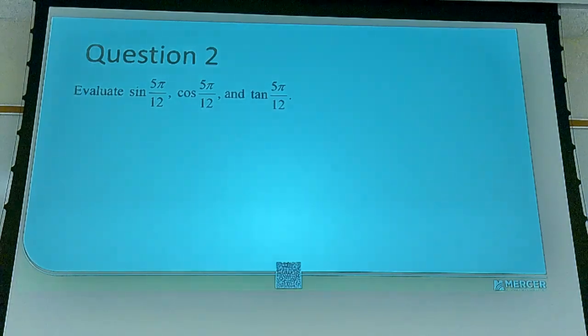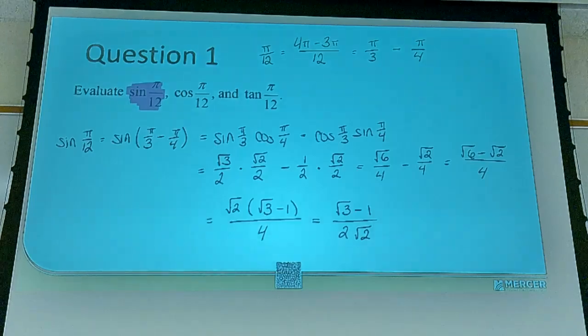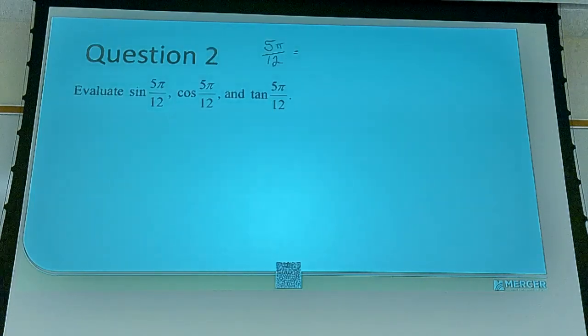Pi over 12. And again, remember the goal is, since you know pi over 12 isn't on the unit circle, write it as a sum or difference of angles on the unit circle, or some difference of angles that we just did, which we're not going to be able to do that. Actually, I